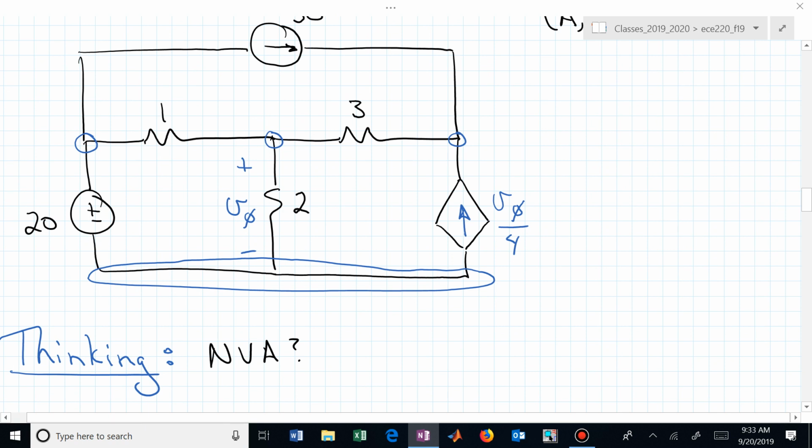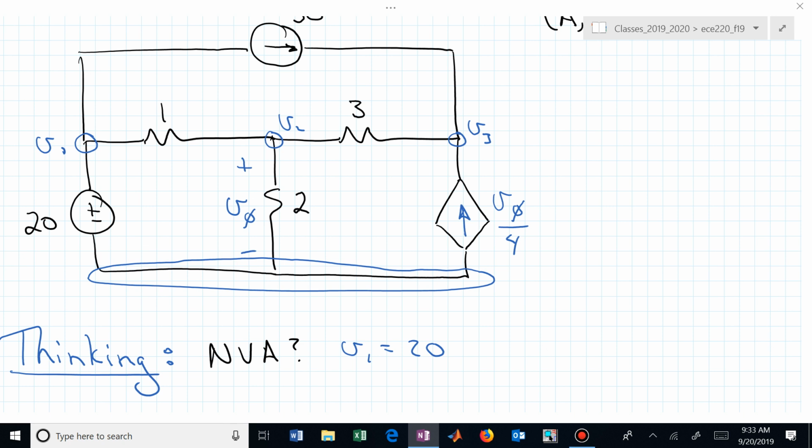And now maybe this one is V1, this is V2, and this is V sub 3. But V1 is connected to the reference node through a voltage source. V1 is given as 20, so that's not unknown. V2, I would obviously need to find. V sub 3,